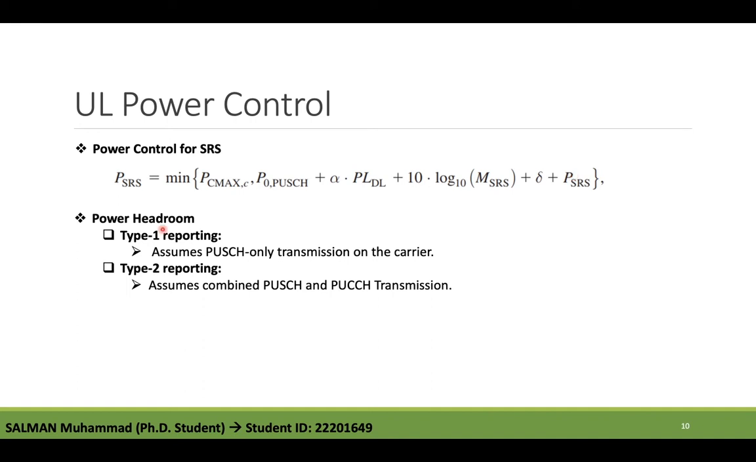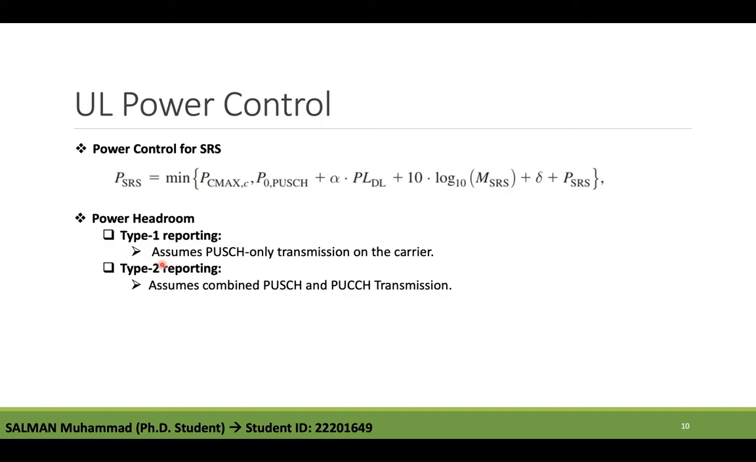To assist the scheduler in the selection of a combination of MCS and size of M that does not lead to the terminal being power limited, the terminal can be configured to provide regular power headroom reports on its average usage. There are two different types of power headroom reports defined in LTE Release 10. Type 1 reflects the power headroom assuming PUSCH-only transmission on the carrier,